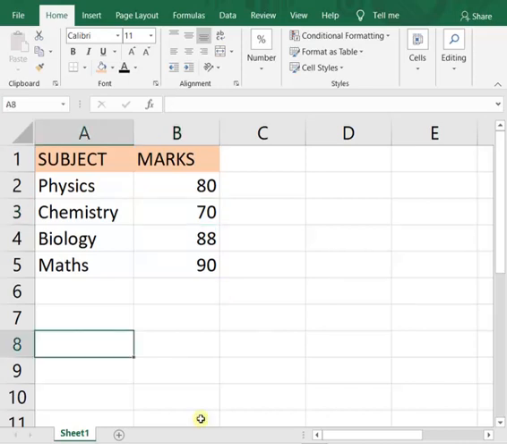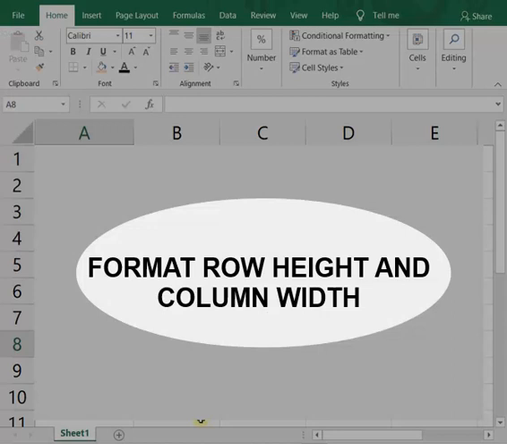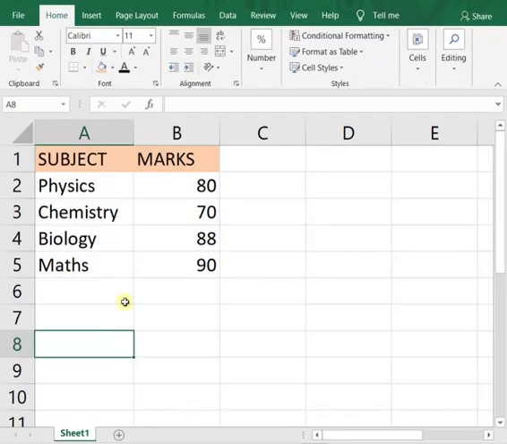Now, the next editing task is format row height. Sometimes you can see that whatever you write line by line or row by row, the rows may look congested or untidy, as they are written side by side or line by line, one below another.